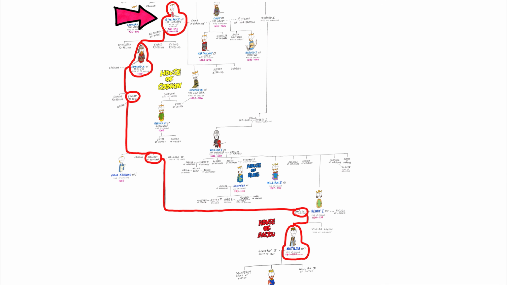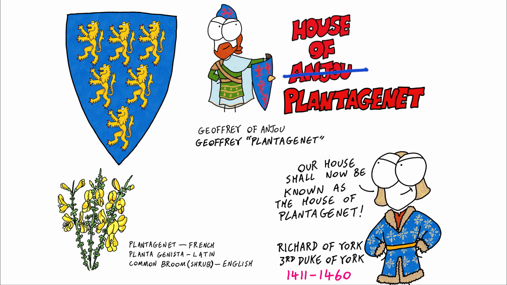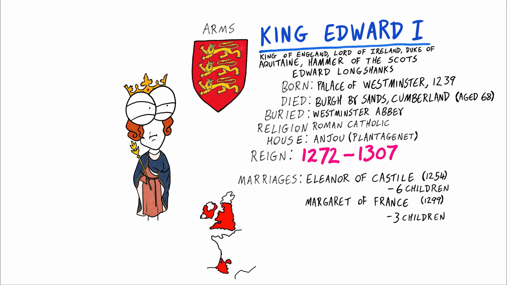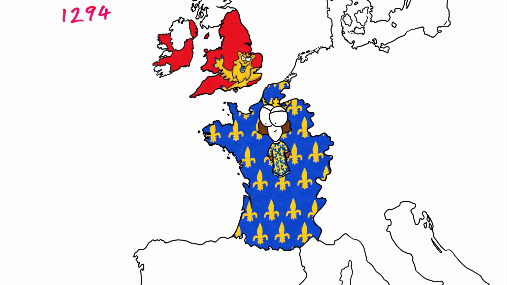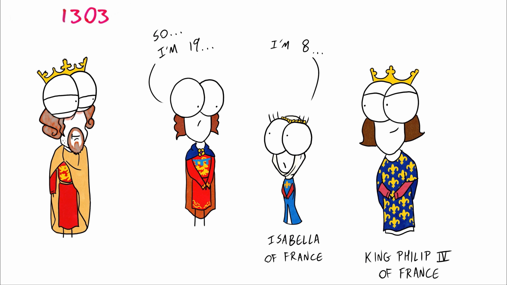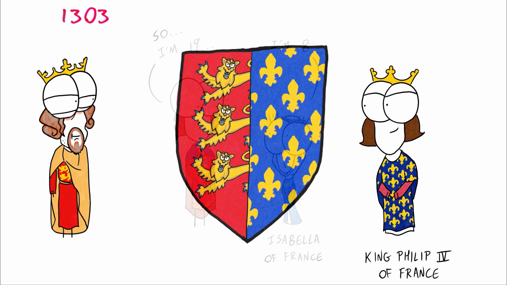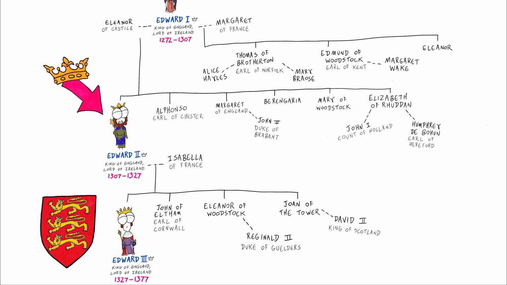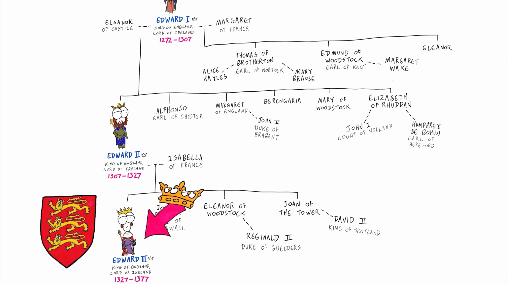The House of Anjou, later named Plantagenet, had been ruling England for hundreds of years. A long rivalry existed between England and France, fighting over territory on the mainland. Attempting to join their houses and create a lasting peace, King Philip IV of France married his daughter Isabella off to the English King Edward II, resulting in their son King Edward III of England.